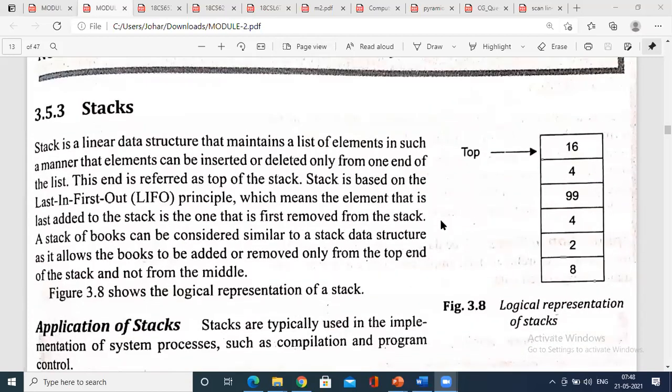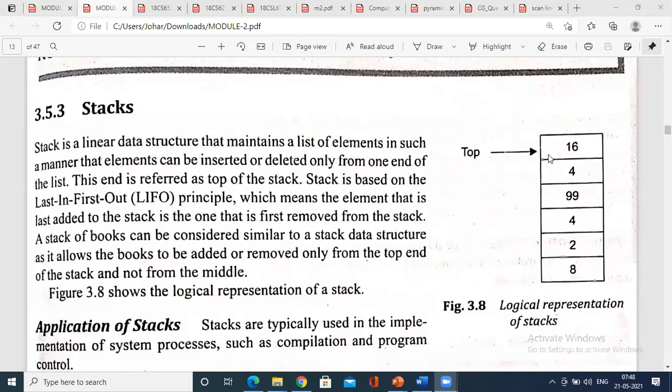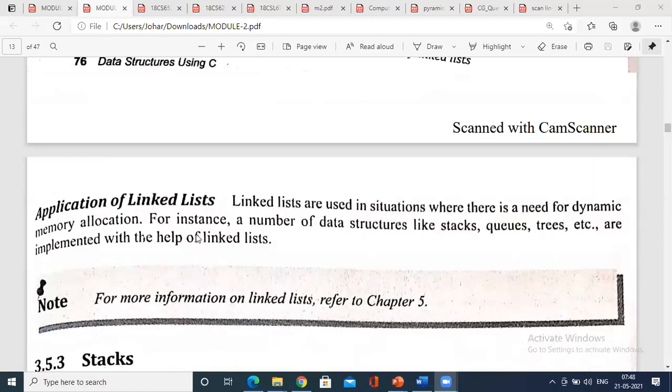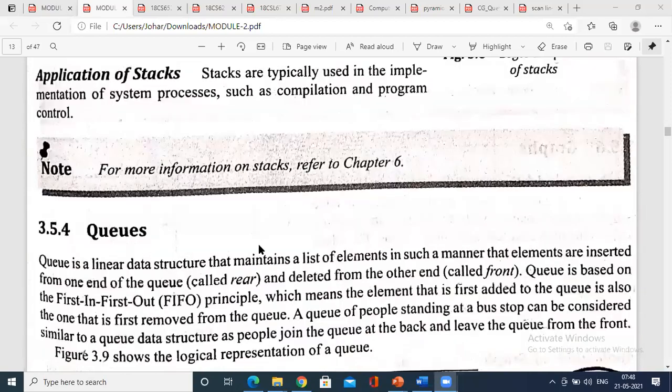From a theoretical point of view, you just have to state that a stack follows last in, first out, and it has an index like an array, called top. Applications of stacks: it is used in implementation of system processes such as compilation and program control.